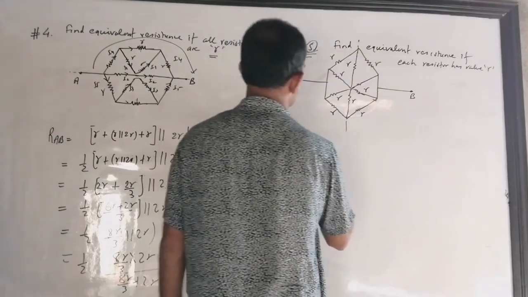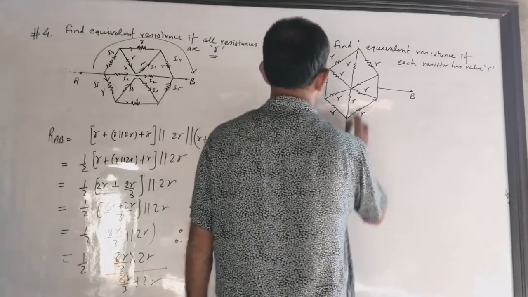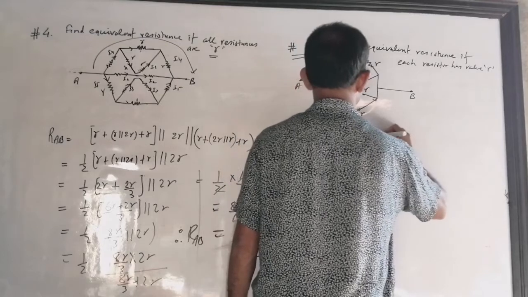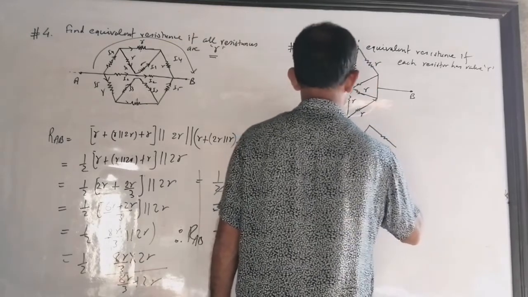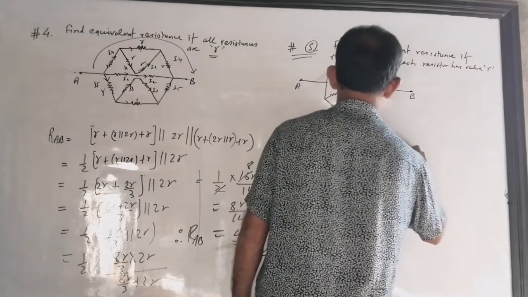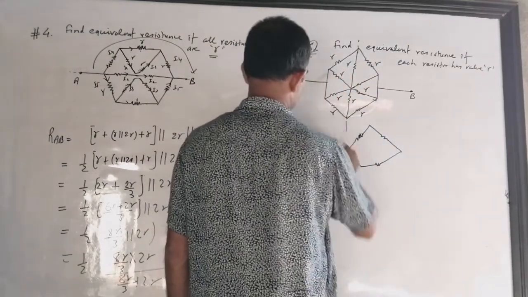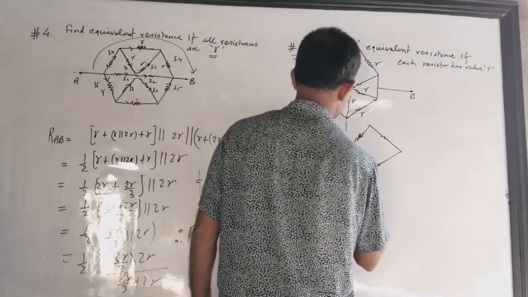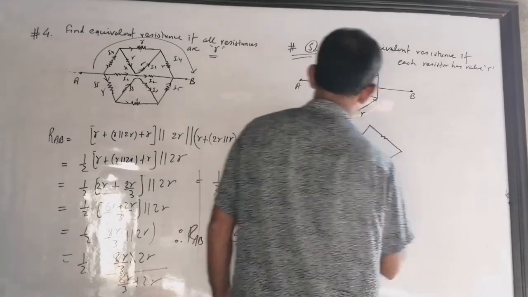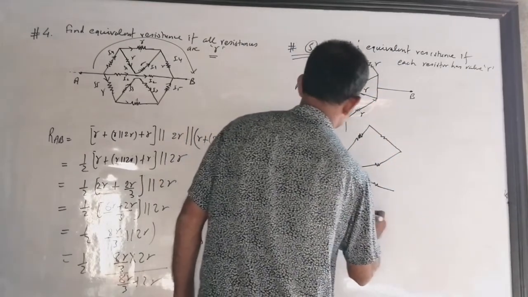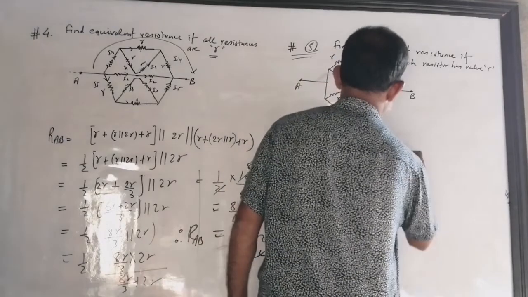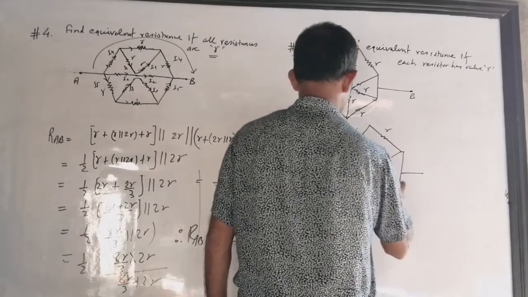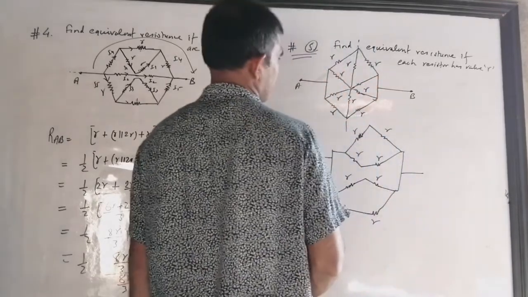So what does our figure look like then? See this? It looks like this, and it's going up. One resistance going up, and this coming like this, and here also one resistance going like this, one coming like this, and the same thing happens in the bottom. Here one resistance goes up and then comes again there, and down it is also the same, and these two are connected here. Each R, and R.